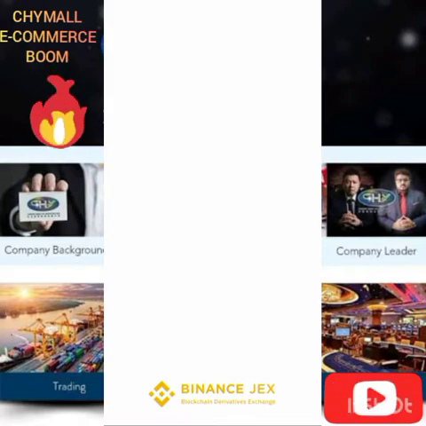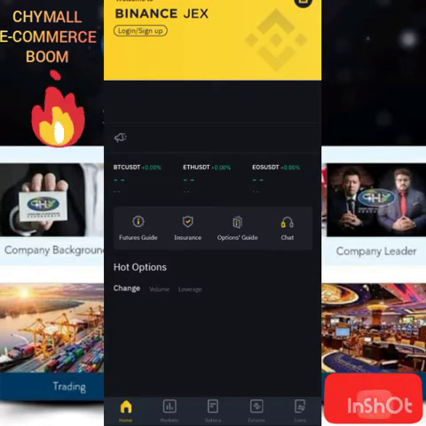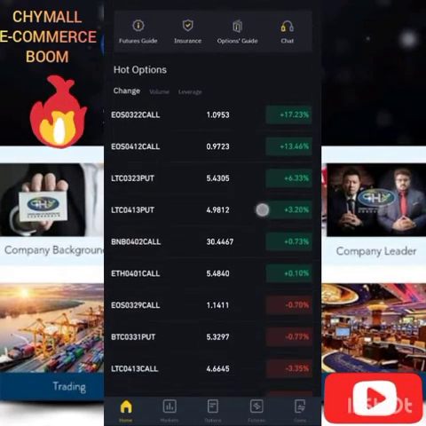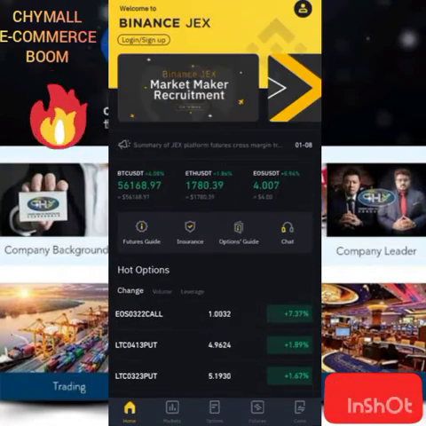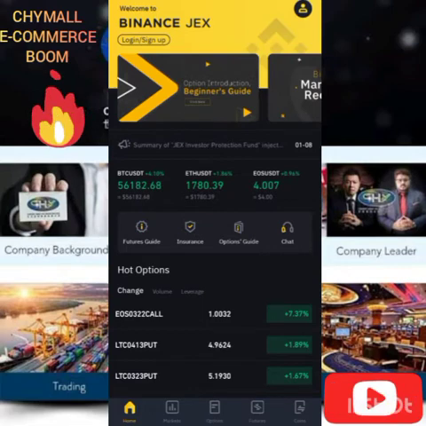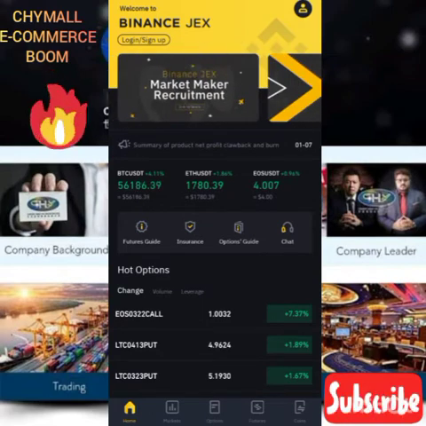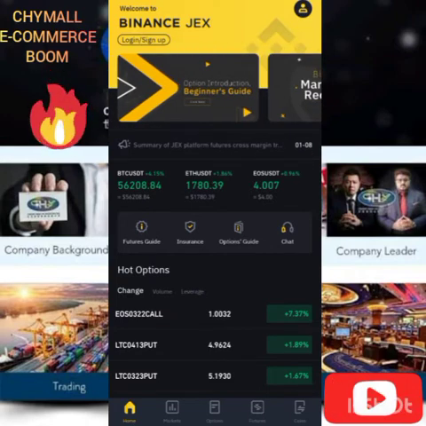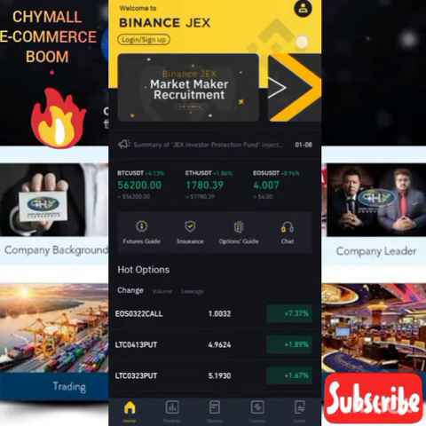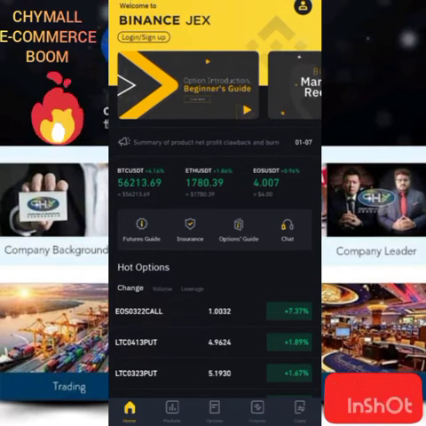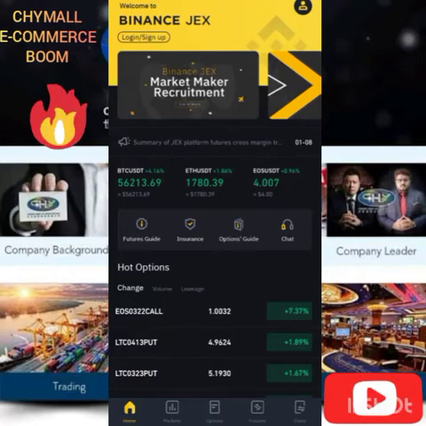Then you start the process of activation. You see it is written Binance. Now this is the back office of Binance, but the account has not yet been activated. This is just like the home page. What you need to do next is to click on the sign up button. When you check at the top, by the left, you will find login and sign up, and by the right you see an icon showing contact, so you can click any of it. Let's click the login to sign up directly.